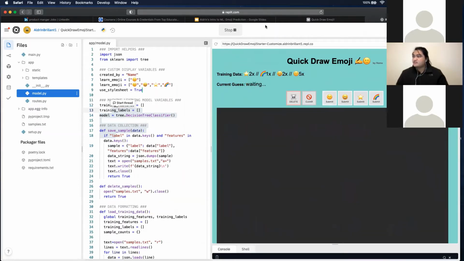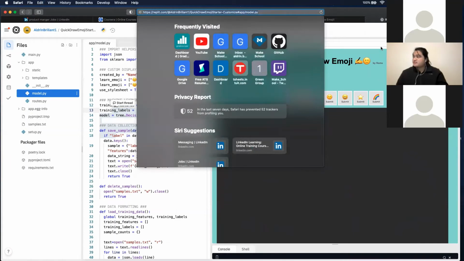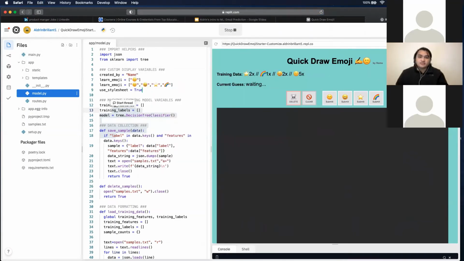So I'm going to copy this and share it within the chat. Let me go ahead. Oh no, that's not chat. So this link that I'm sending right now is the actual Replit of the QuickDraw emoji prediction project.